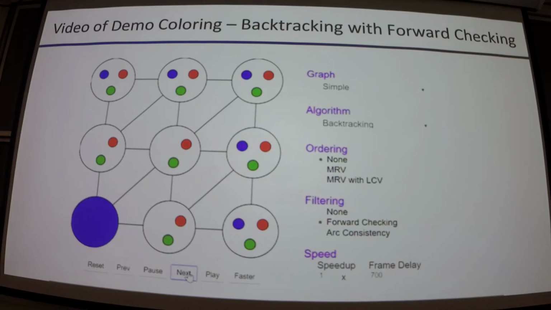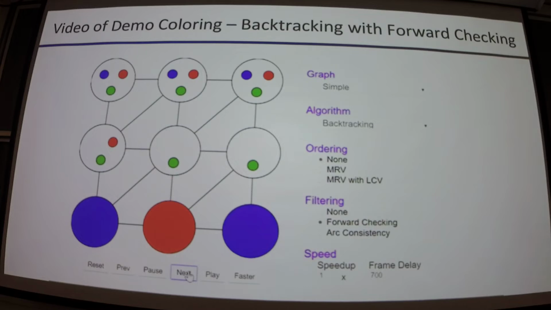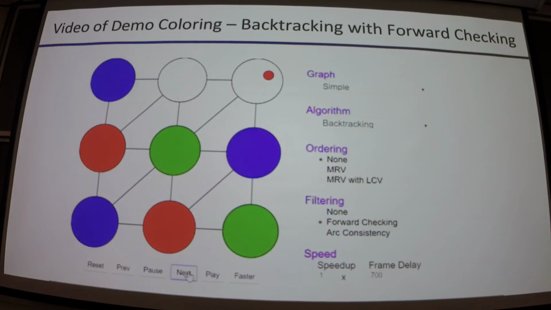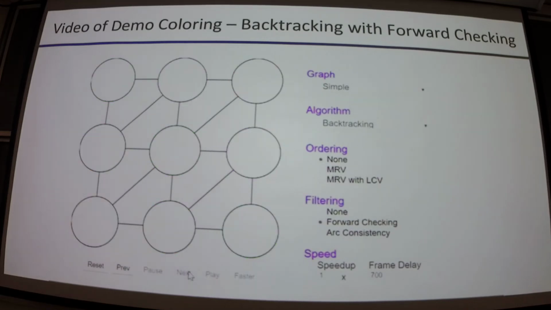So let's continue. We're going to assign a value here, that's red. Now what's happening? Well, the nodes adjacent to red have their domains restricted based on the constraints, right? And we continue. We already see a problem, but it continues. It discovers the same problem that backtracking had discovered. It's going to go backwards, kind of in the same order that it did last time, and eventually, we're going to solve the problem.